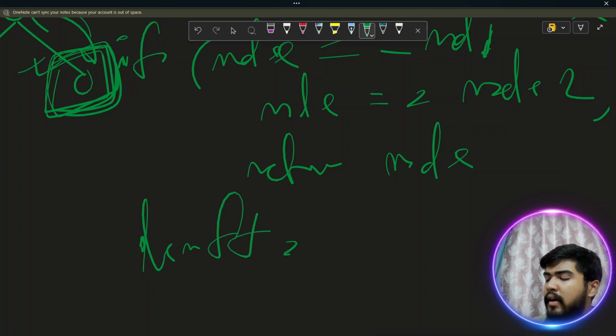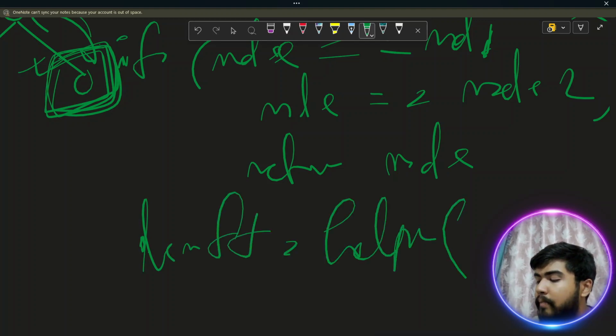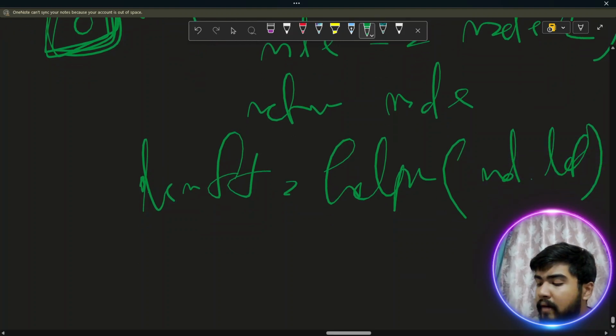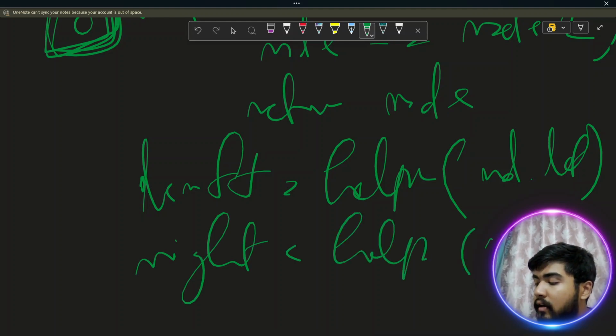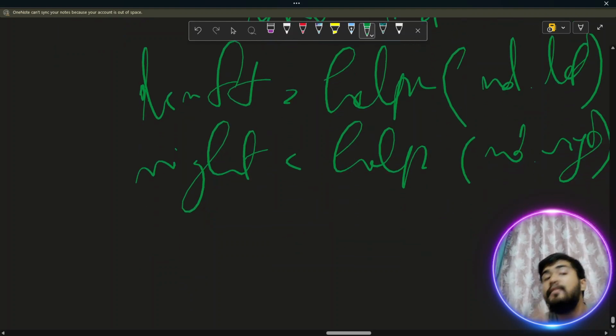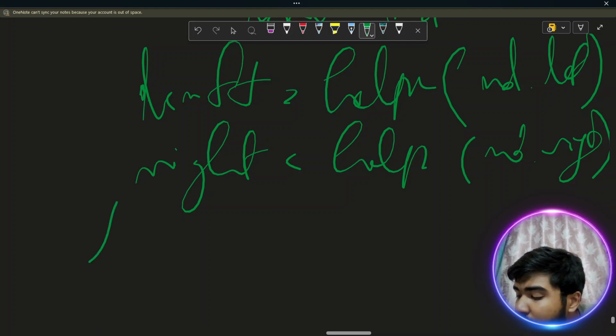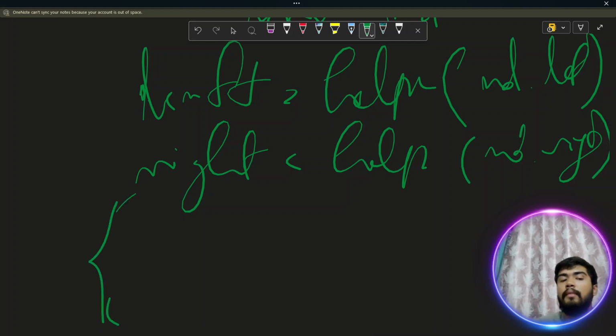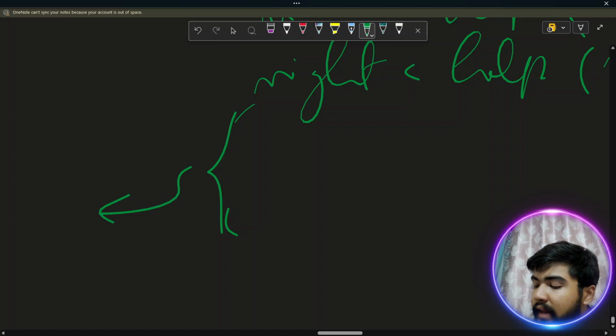Now otherwise we will call our helper function. We will call our helper function on node's left, and we will call our helper function on node's right. We will definitely do that, and after that we will do our job. That is actually called post order